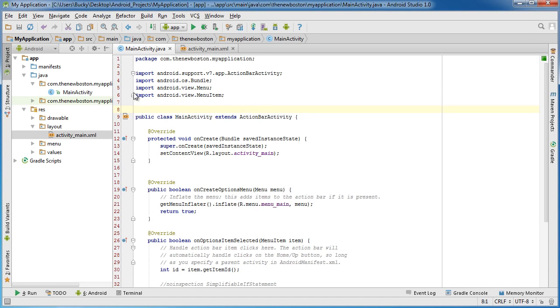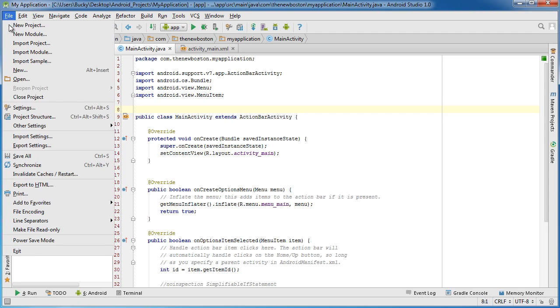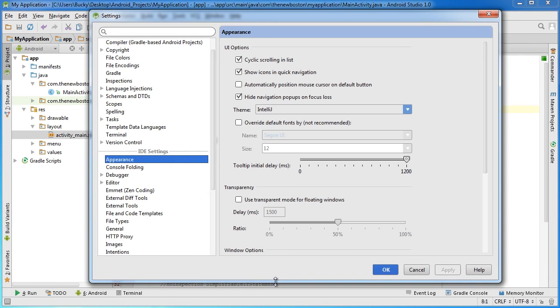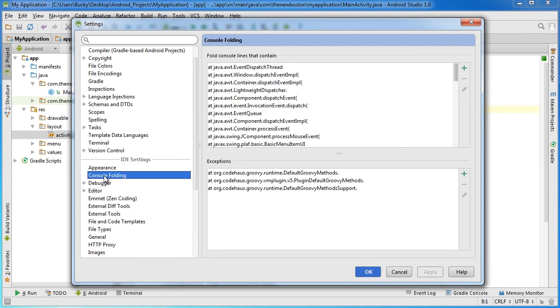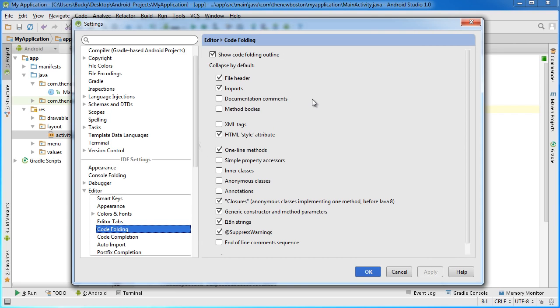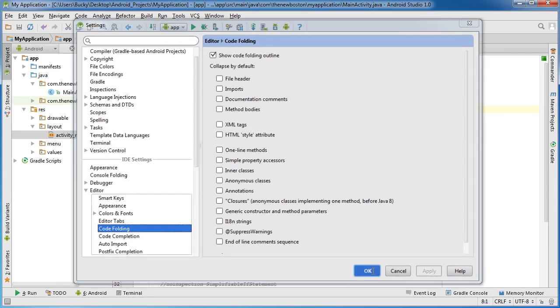So if you want to get rid of all of the code folding, as it's called, go to File and back in Settings. Let me minimize this, make sure you guys see everything, and go to Editor under the IDE settings and code folding. Right here this first checkbox is just to show the code folding outline, and that's that little arrow you can click to either bunch it up or expand it. But what I want to do is uncheck all of these, so none of my code is going to be folded. Again, once I apply this,